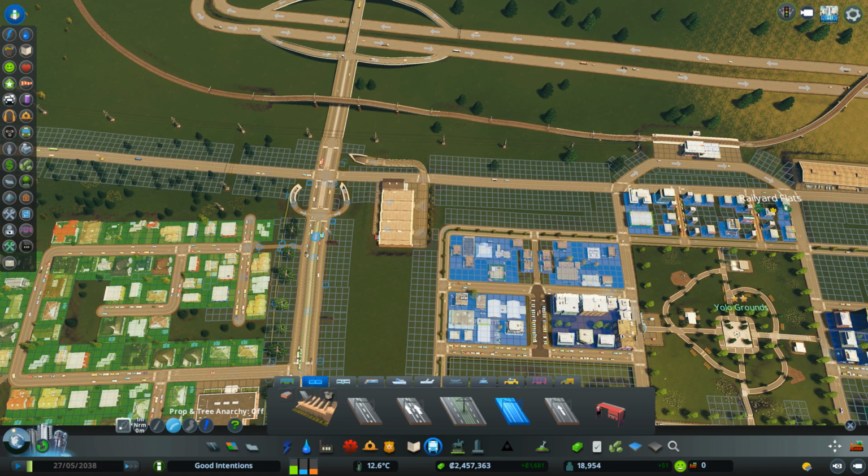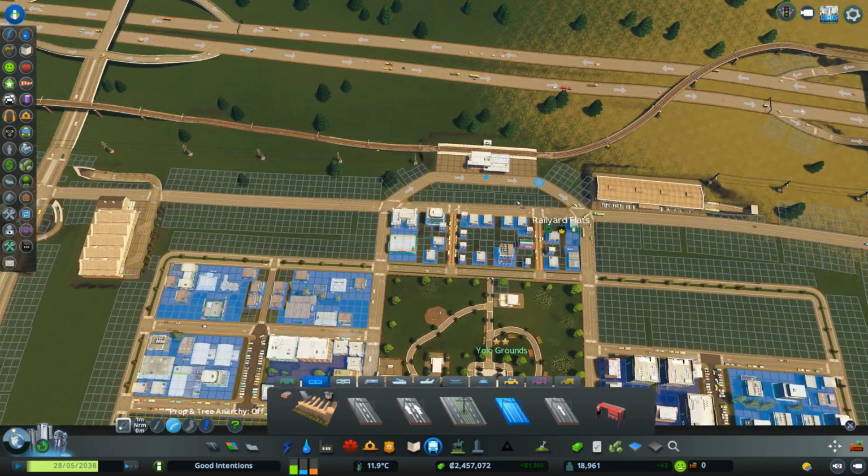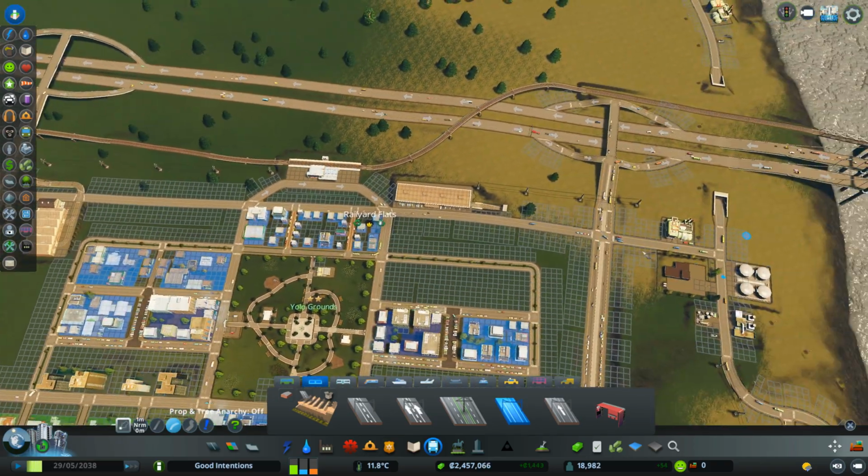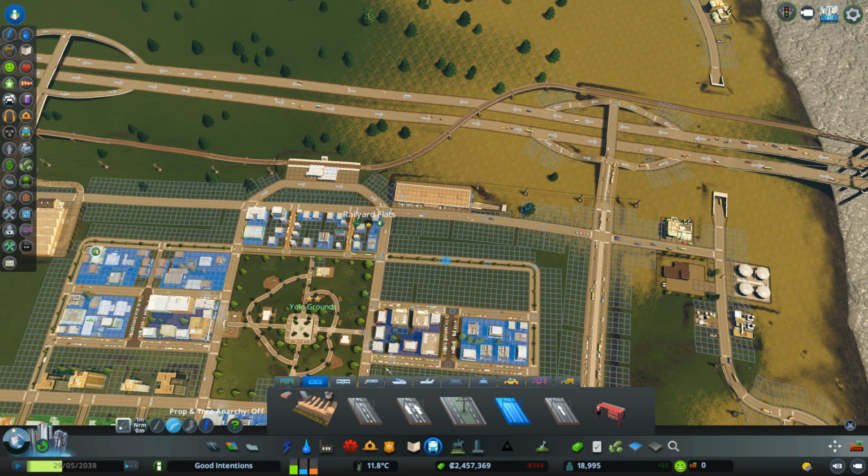So we have our tram line here, and it just turns around here. But we could run it on a dedicated line, maybe, and have a stop here. Or we could